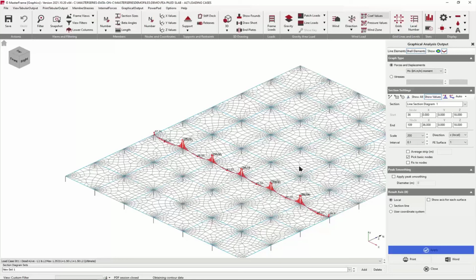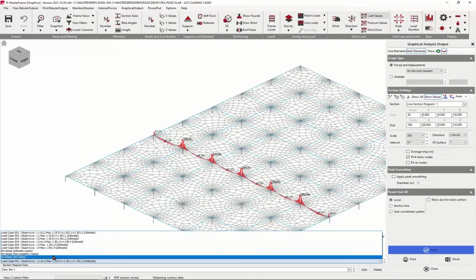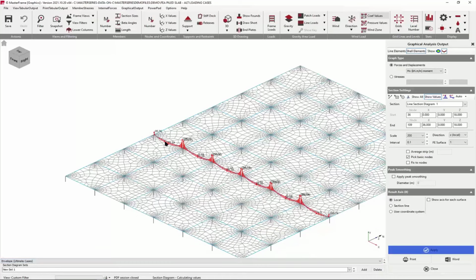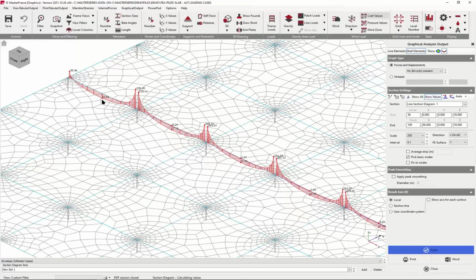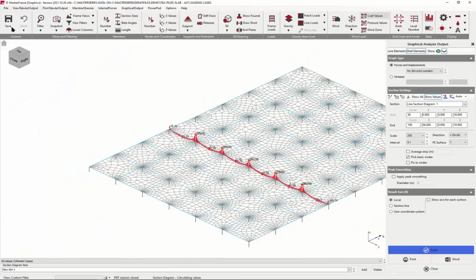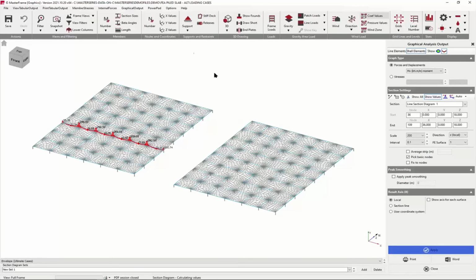Now, that variation isn't as significant if I go to my other slab, because my other slab has a lower live load. So the live load is not as significant. So when you have high live loads, it's very important. So if I go in and create another line load from here to here and apply,